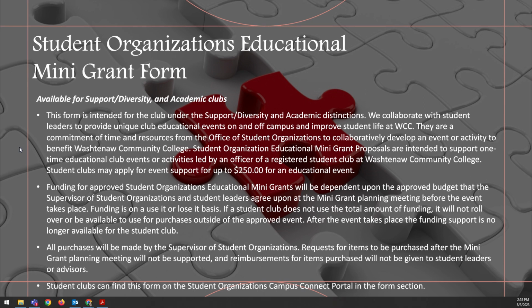Next, let's talk about the Educational Mini-Grant form. This is only available for support, diversity, and academic designations for clubs. This form is intended for the club under the support, diversity, and academic designations. We collaborate with student leaders to provide unique club educational events on and off campus to improve students' lives